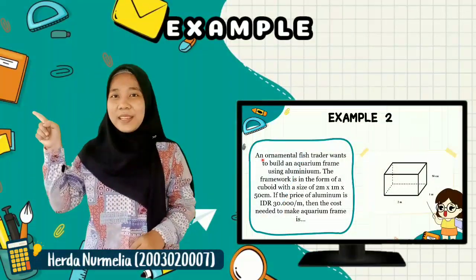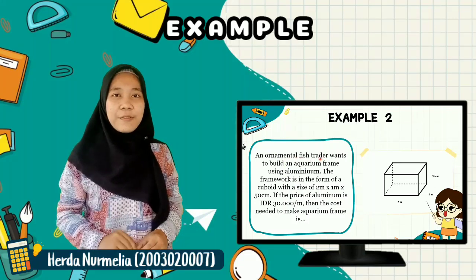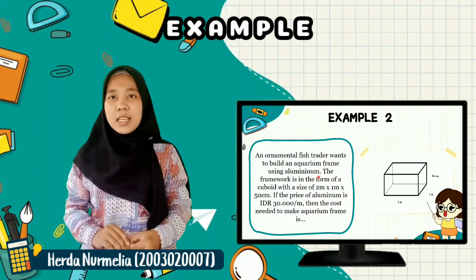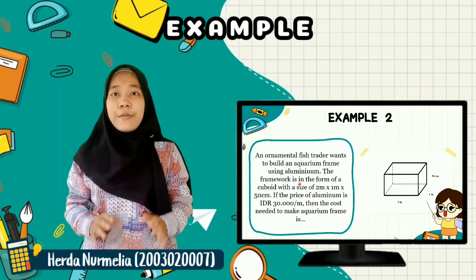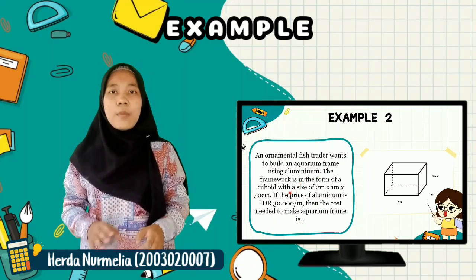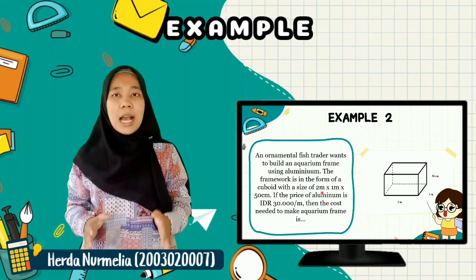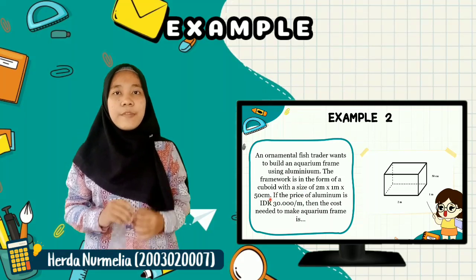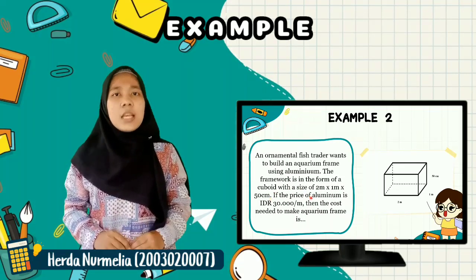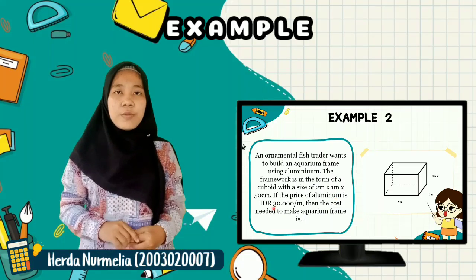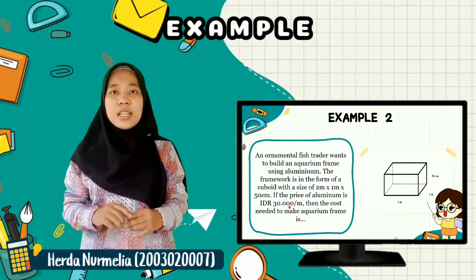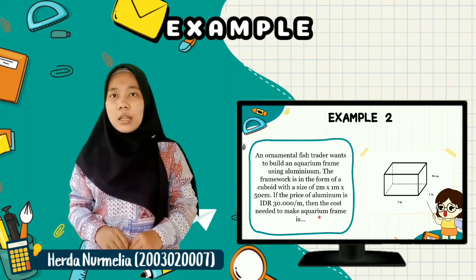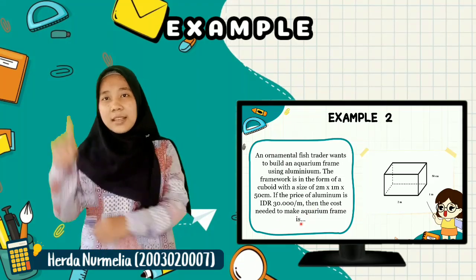For example, an ornamental fish trader wants to build an aquarium frame using aluminium. The framework is in the form of a cuboid with a size of 2 meters times 1 meter times 50 centimeters. If the price of aluminium is 30,000 Indonesian rupiah per meter, then the cost needed to make the aquarium frame is